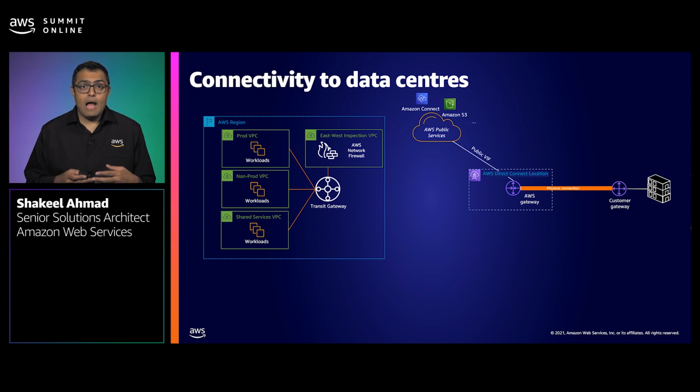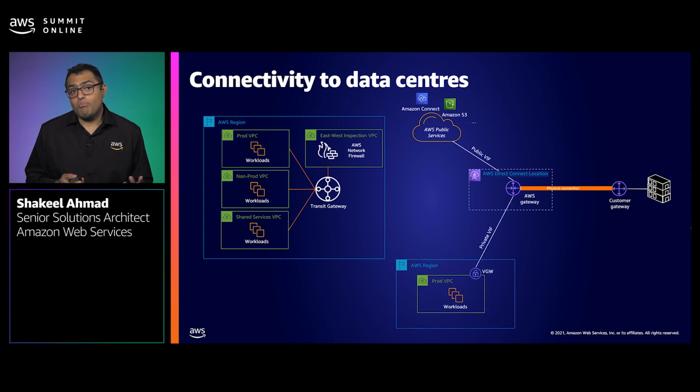You can connect a public virtual interface to connect to our public services like Amazon S3, Amazon Connect, or any other public endpoint from AWS in the region or globally. We actually advertise appropriate Amazon prefixes to use so that you can reach either your public VPCs, resources, or other AWS services. You can access all AWS prefixes through this connection.